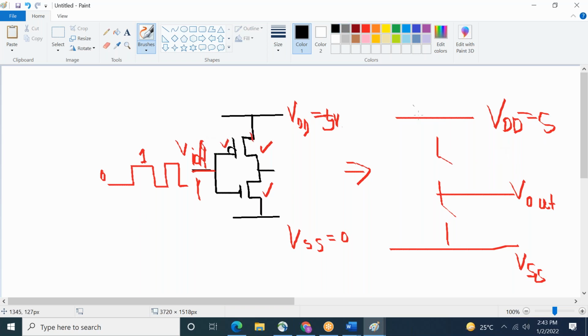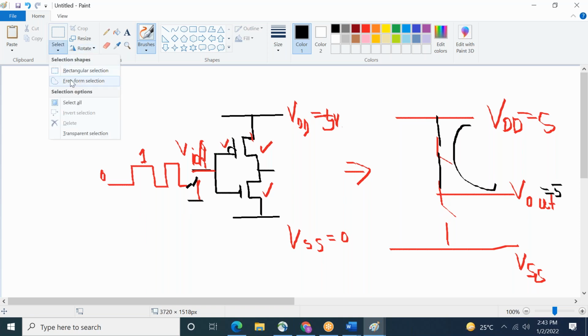So now it will be closed. What is the voltage you'll get? V out equal to VDD, so V out you will get 5 volt when you are giving 0. When you are giving 1, this will be an open circuit and the NMOS will be turned on.